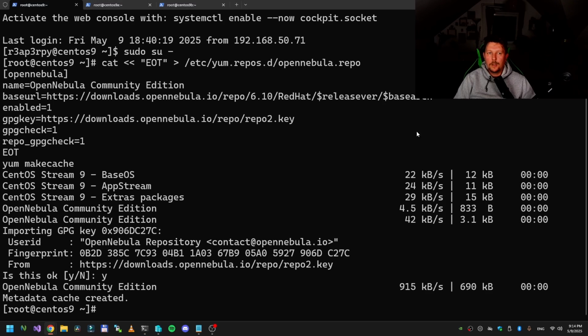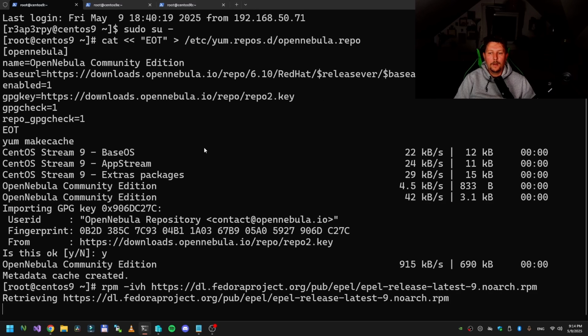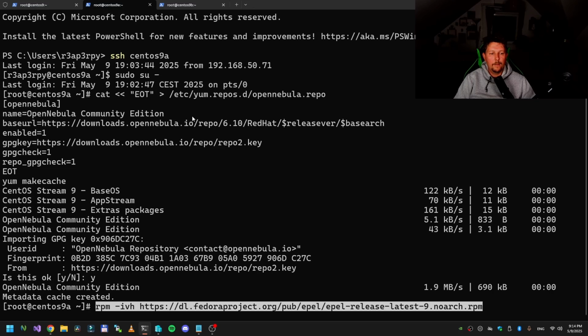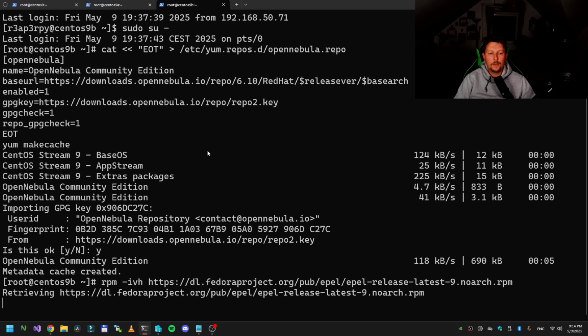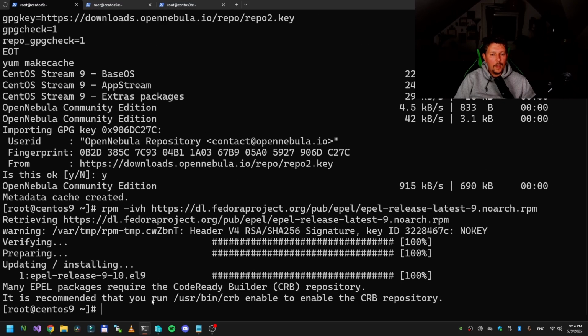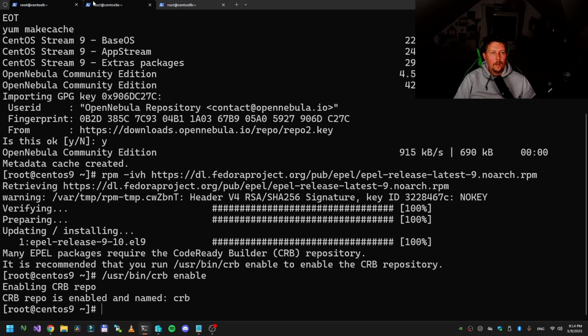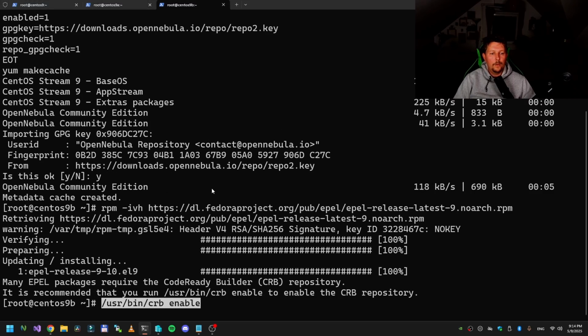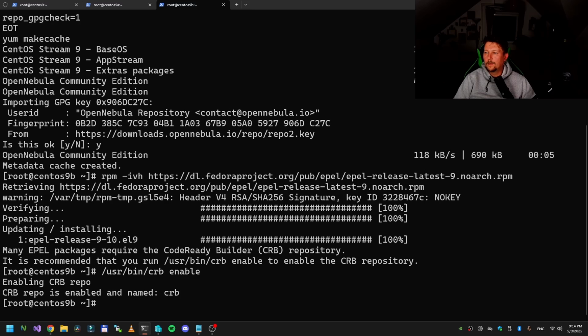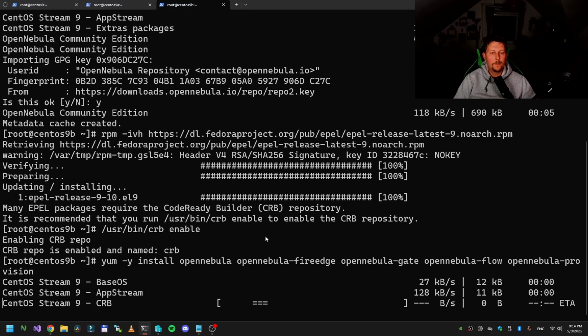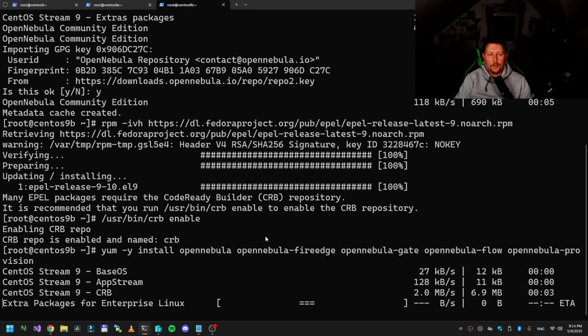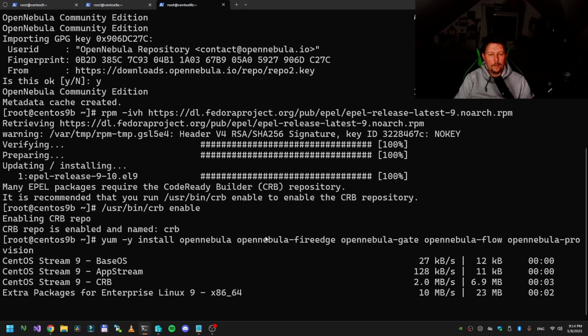On all three machines, we need to add the EPEL release for the CentOS 9 machine or repository. And we are going to enable the CRB. 1, 2, 3. Good. So there are some packages that we have to install, and we are going to install first the front end and configure it. And after it was installed, we are going to